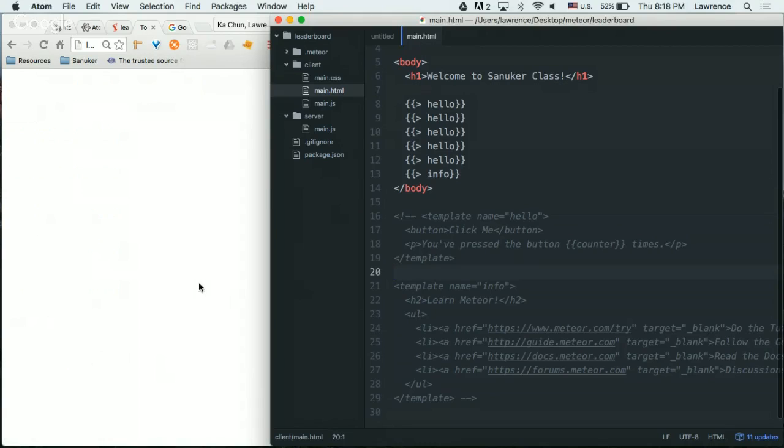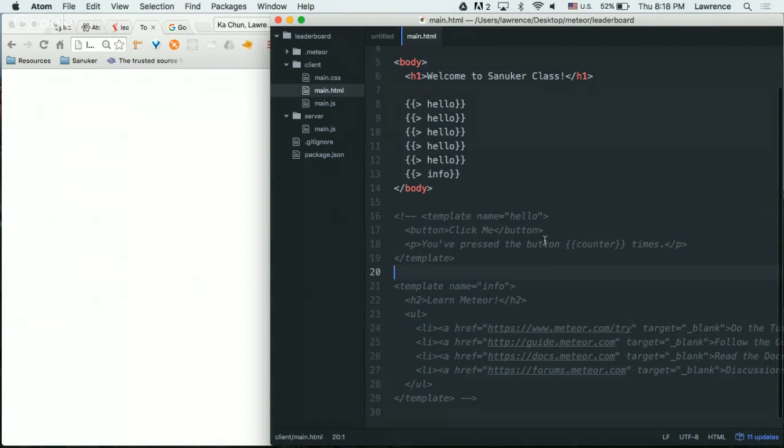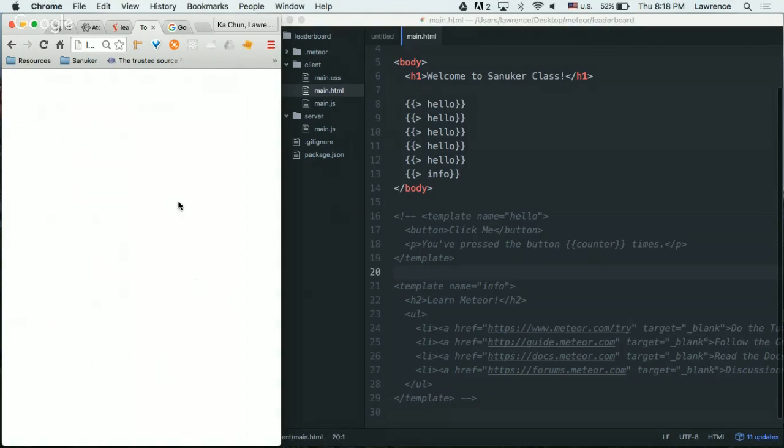you should get some complaint. You should get a blank page because you're referencing something, hello, that will not run. So you should be able to see a blank page. It doesn't work.